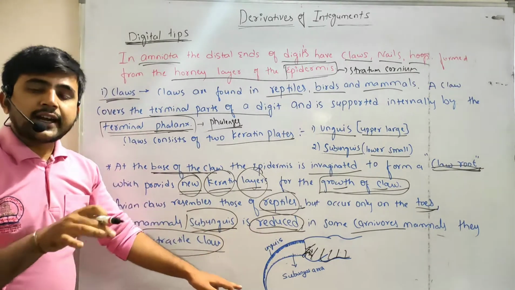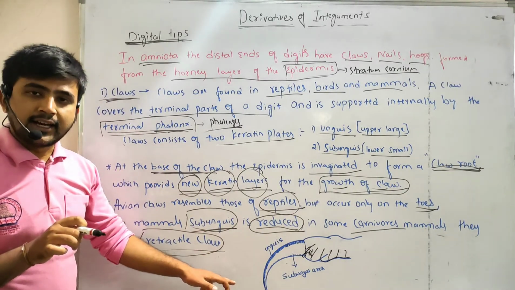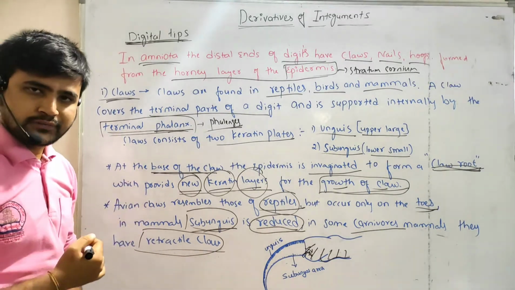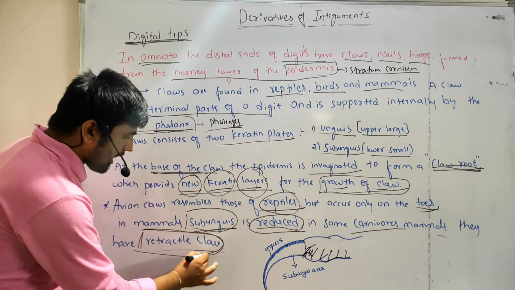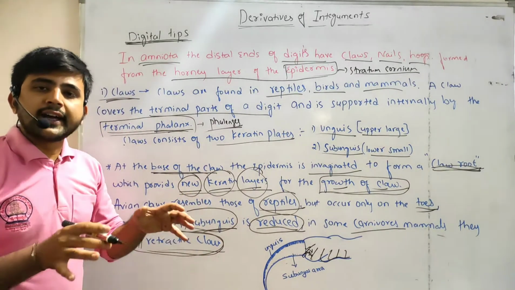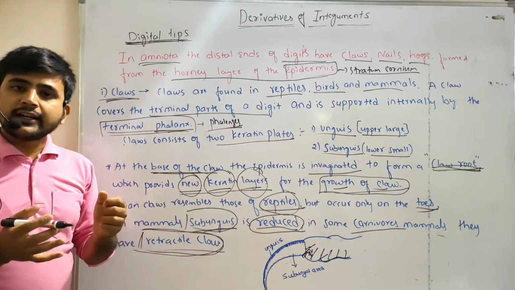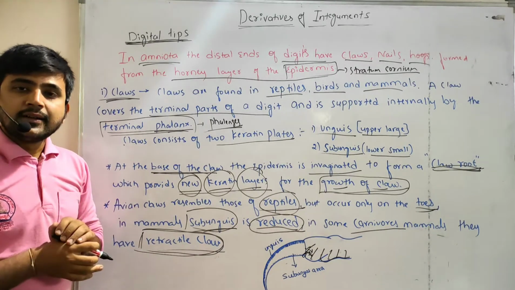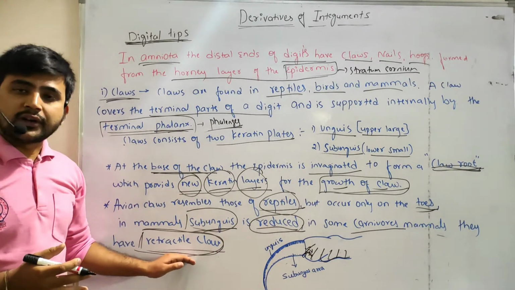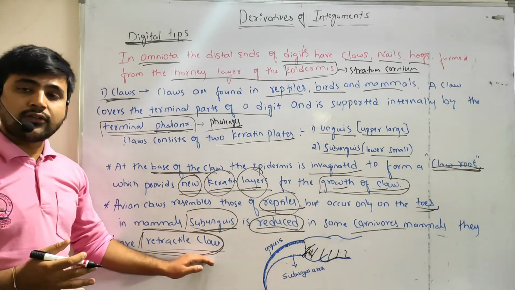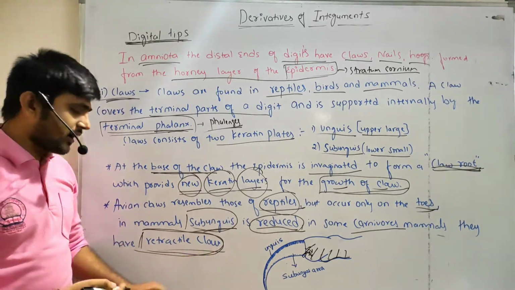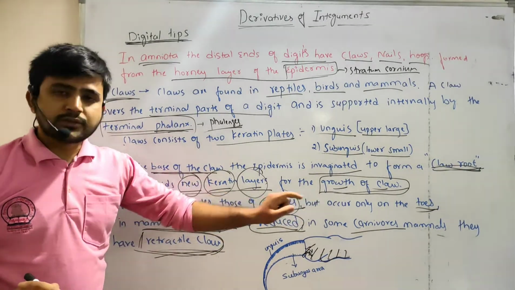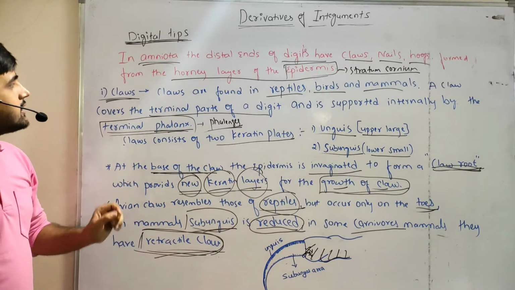Their claws are covered by the skin or integument when they are not used. So a retractor claw is nothing but claws that are covered and hidden by the integument or the side skin when the claws are not in use. Those kinds of claws, that feature of the claws, are nothing but the retractor claw. They are found only in carnivorous mammals, right? So this covers the claws.